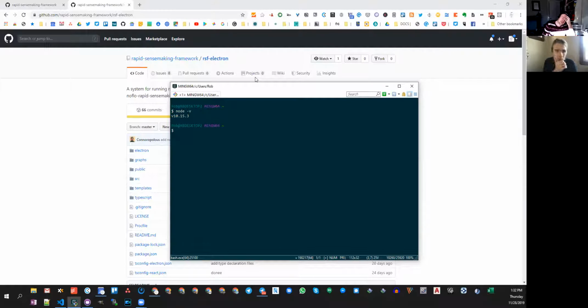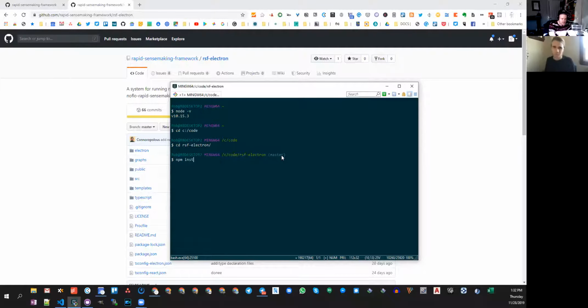Yeah, change directories to the rsf-electron directory. And then the usual, when you clone a new npm project, what's the first command that you have to run? Is it npm install? Yep.